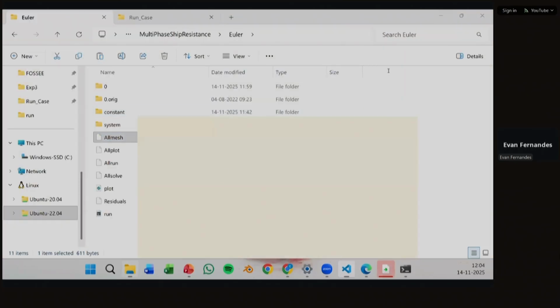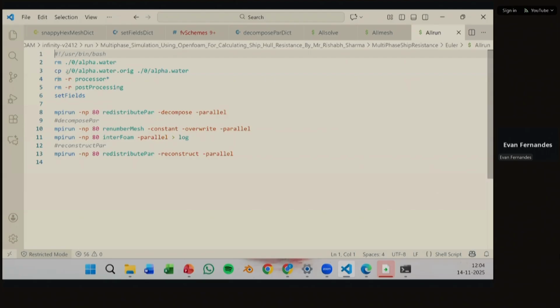So okay, all right. So what this is doing is it is just going to clear all of those processing folders because we want to run this case in parallel. Then if we have any post-processing file or something like that created, it will delete that as well. Now, the second thing we will do is set fields because we have to differentiate between air and water. So set fields will run that. And then we will again redistribute your whole thing. For that, you can either do decompose like that, or you can just uncomment this part and